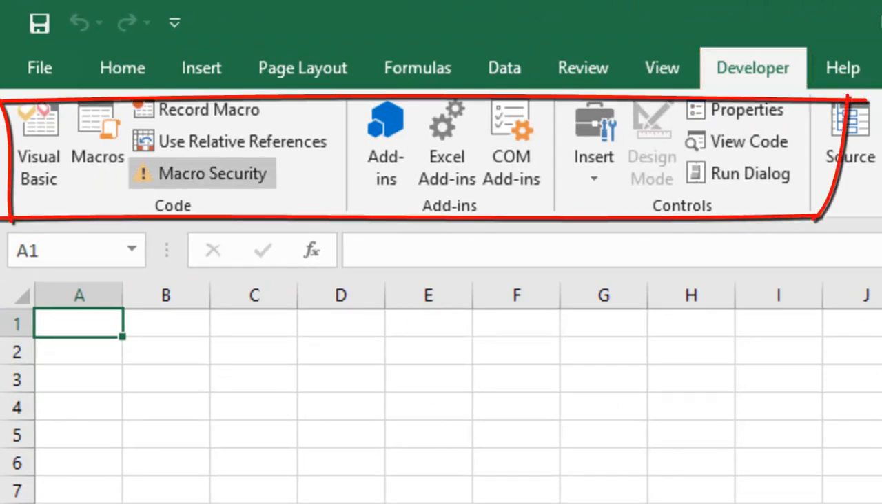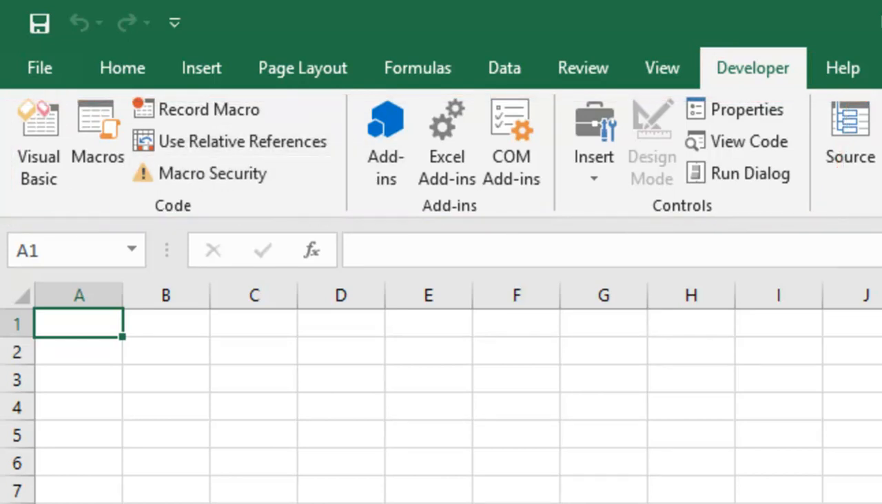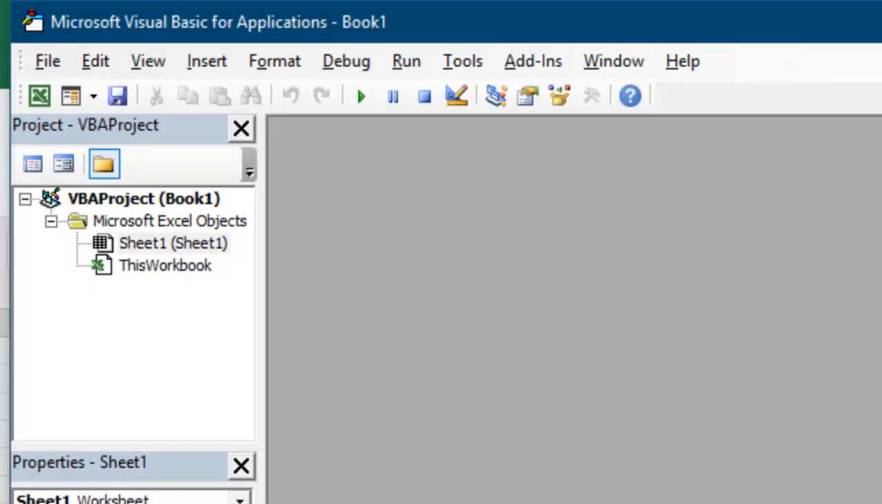It has a lot of other options which says Visual Basic, Macros, Record a Macro, and so on. We'll go through each of it in details in the upcoming videos. For now, let's click on Visual Basic. This is the main IDE wherein you'll write your code, run your code, and make changes to it or debug